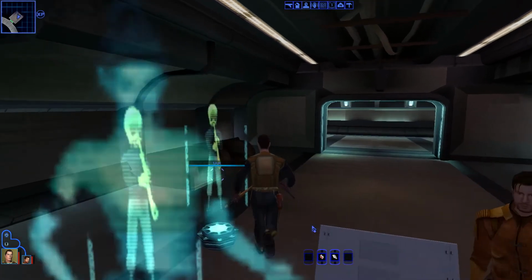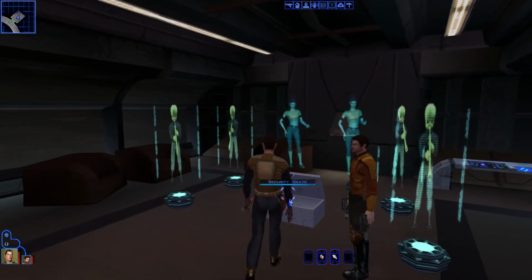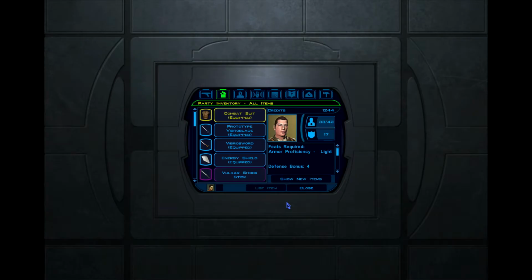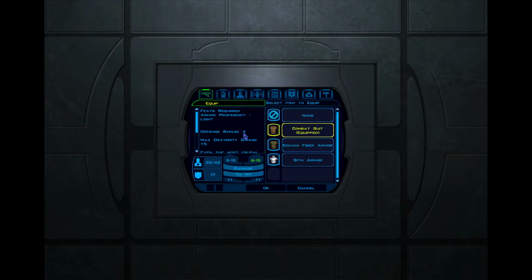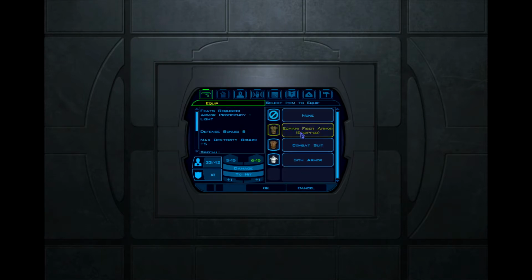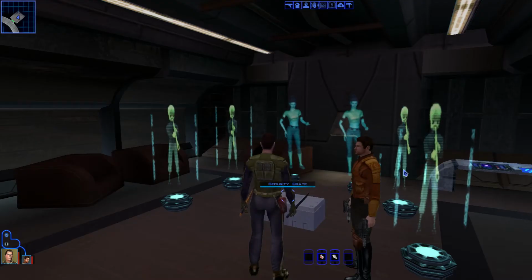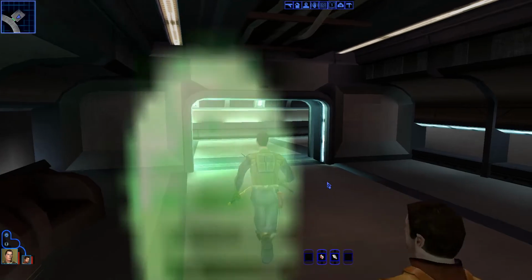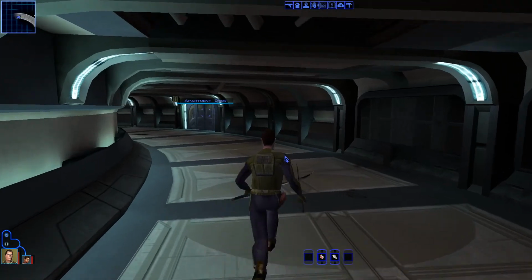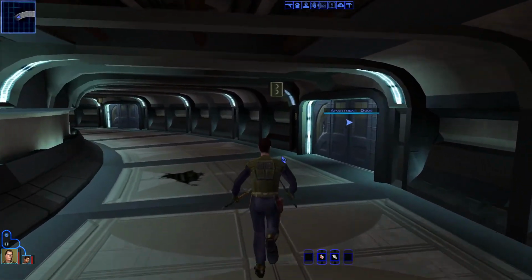You have gained experience. And what kind of goodies have I got? A shiny fiber armor. Let's check that. Can I wear that? 5 and 5. So it's slightly better than what we've got. Is it upgradable? It is upgradable. Is this upgradable? No. This is. Cool. Alright. Doesn't look much different than what we got, but it's slightly better, and we can upgrade it when we get to a